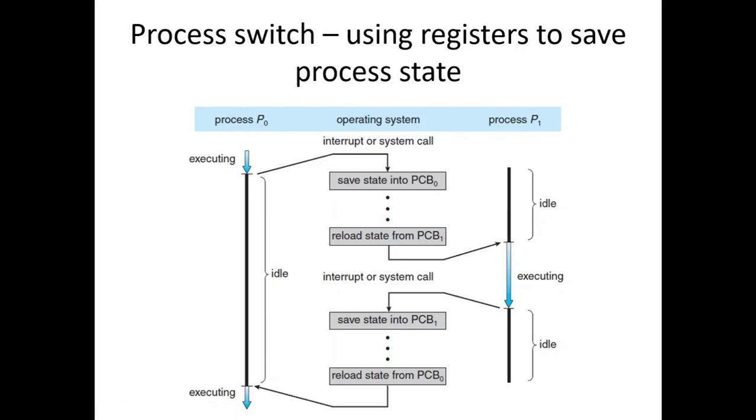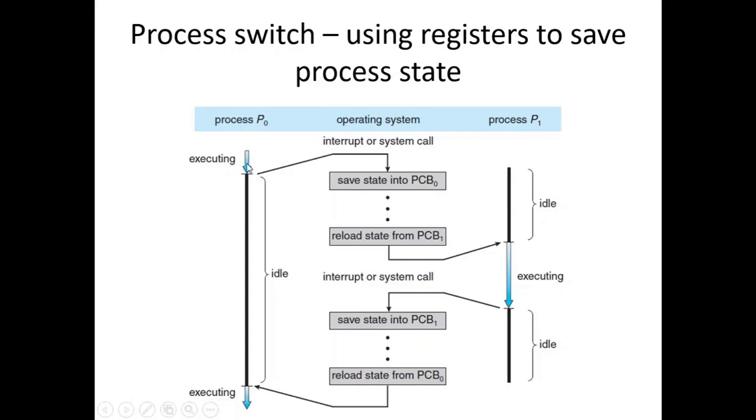So here is an example of a process switch. Whenever there is a process switch, assuming one process is running and it has gone into the waiting state, once the process switches from the running state to the waiting state, the CPU must pick up another process and pull it into the running state. That is what this process switch is about. So assuming we have two processes, P0 and P1, and P0 is currently executing. It is in its running state.